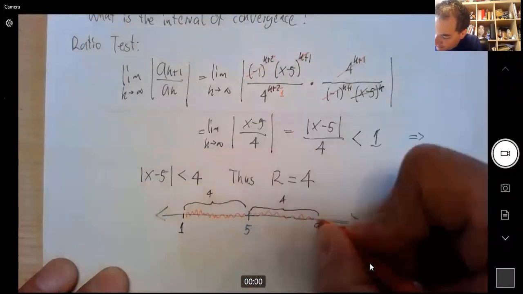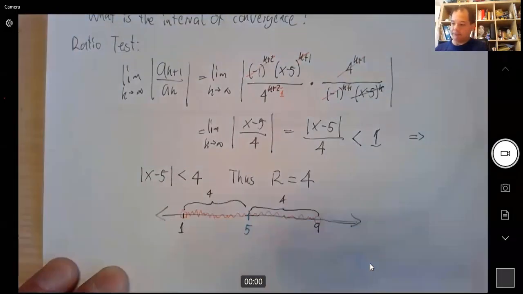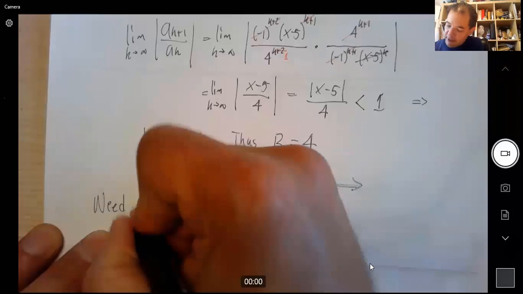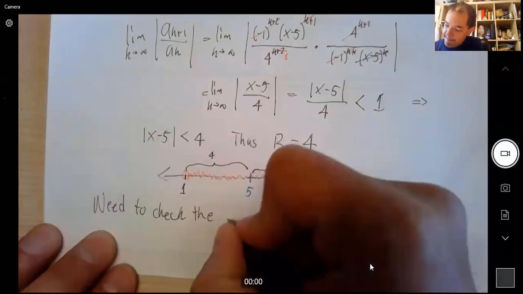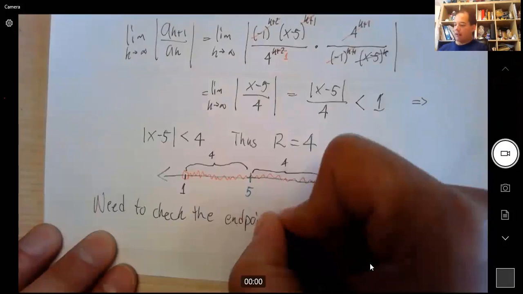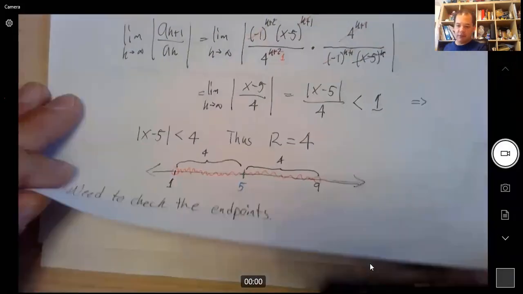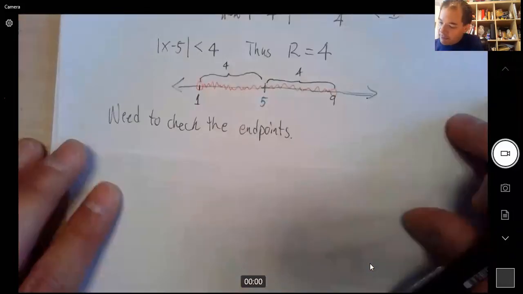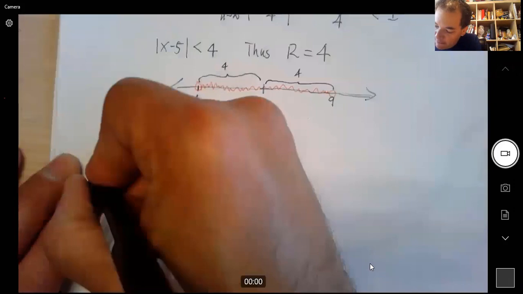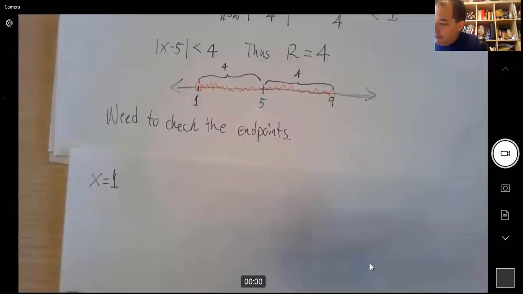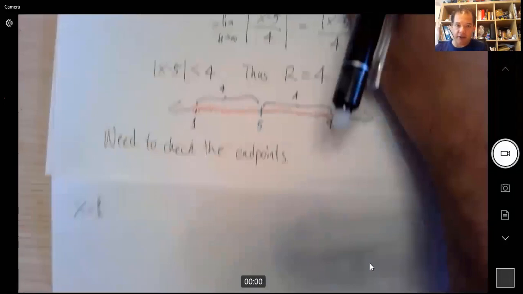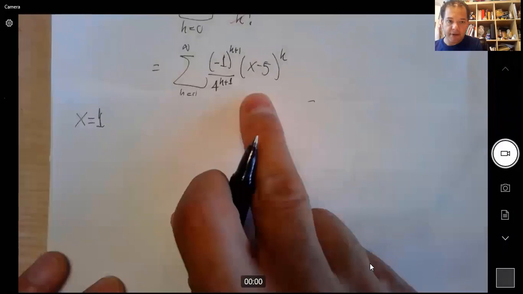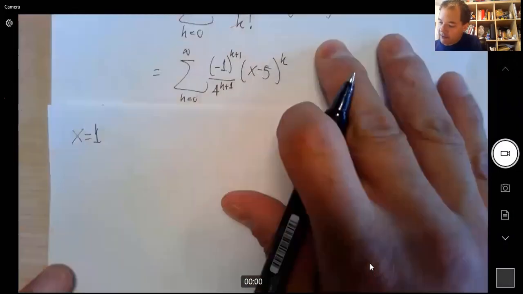And we still have the endpoints to check, right? So let's check the endpoints. How do we check the endpoints? Well, one at a time, right? When x is 1, what happens when x is 1? Well, we need to go back to the expression. It's right here. This is the expression. So we have to plug the number 1. So we get